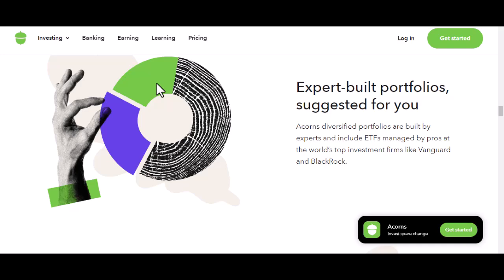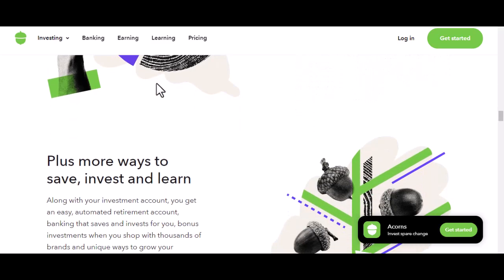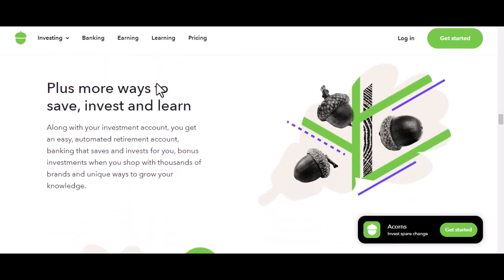Step 5. Round-ups and extra features. This is where Acorn really shines. You can set up round-ups, which means every purchase you make gets rounded up to the nearest dollar, and the difference is invested. It's like finding extra change in your pocket every day, but instead of spending it on gum,